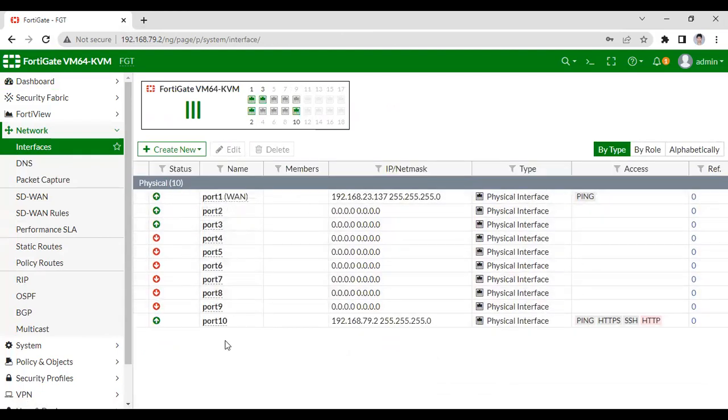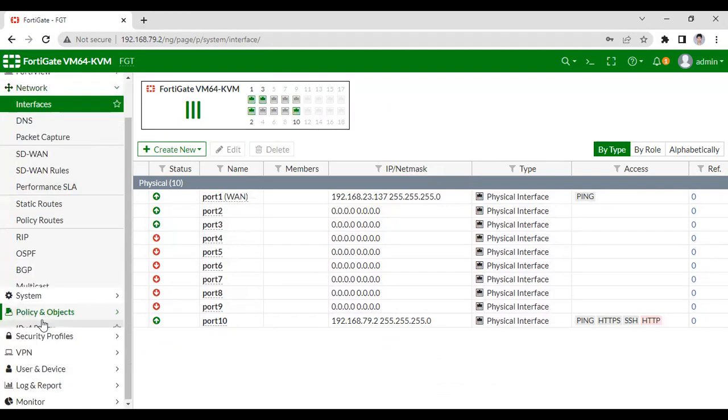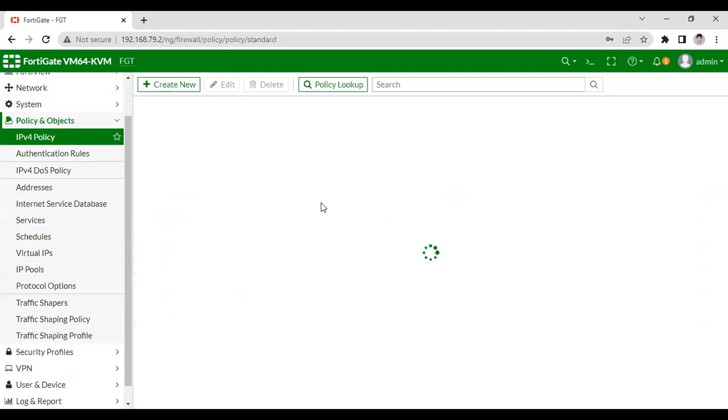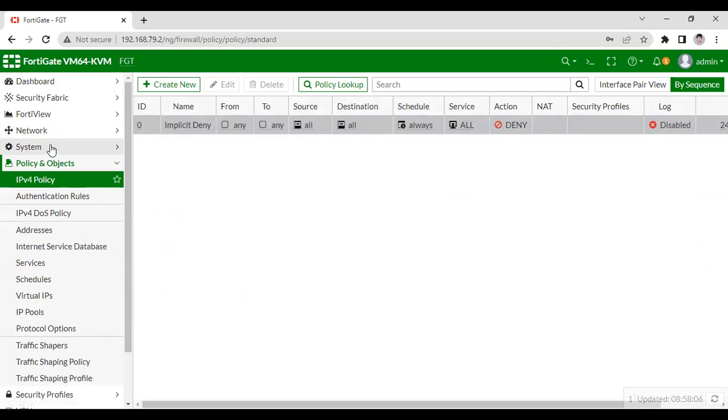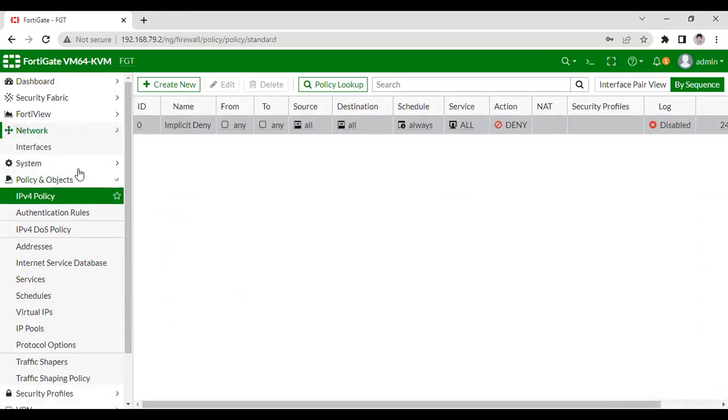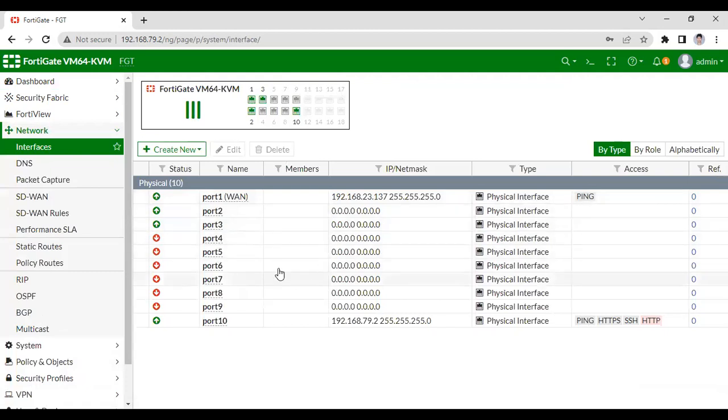So if you see, here I haven't configured any policy, right? This is the default policy. So first of all, I'm going to configure the